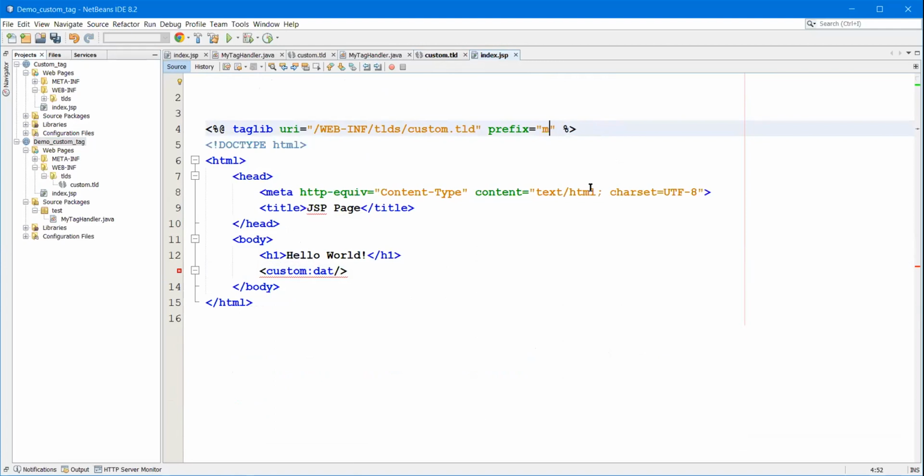Some prefix name is m. Okay, now it is not giving an error.